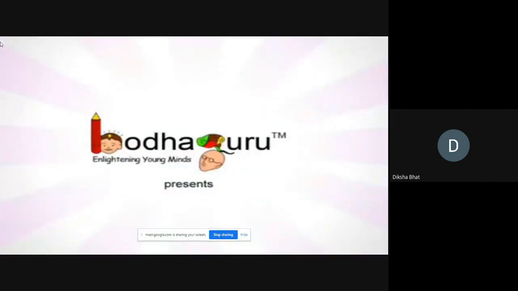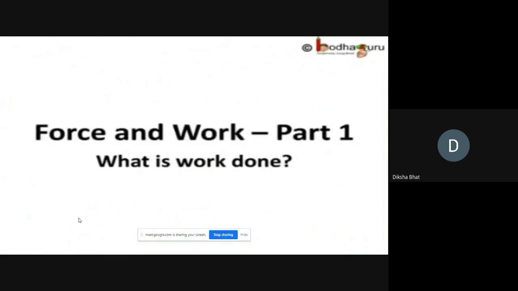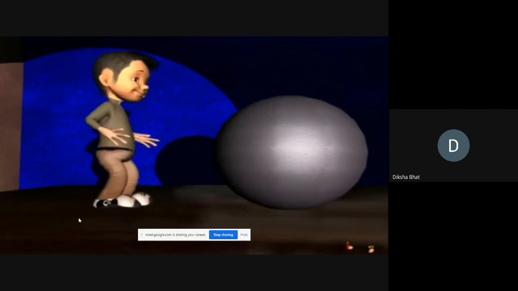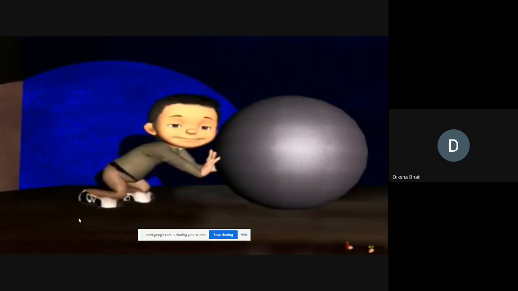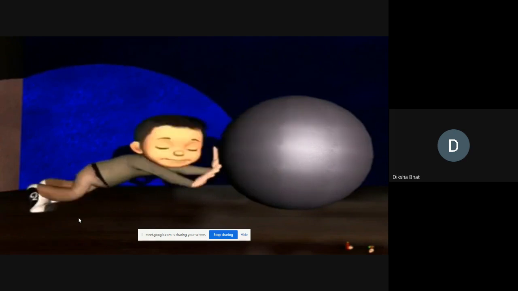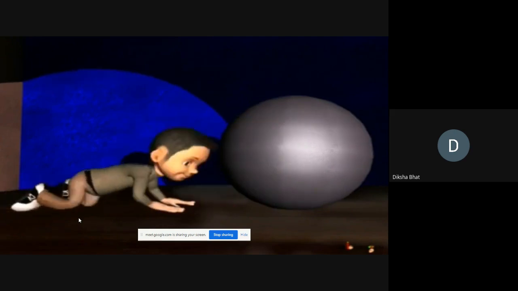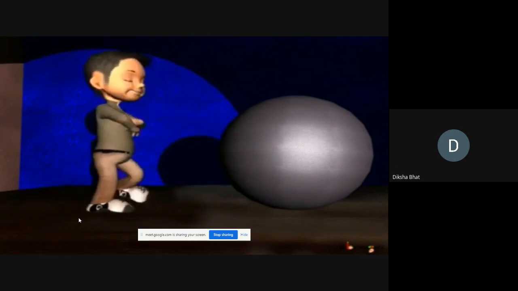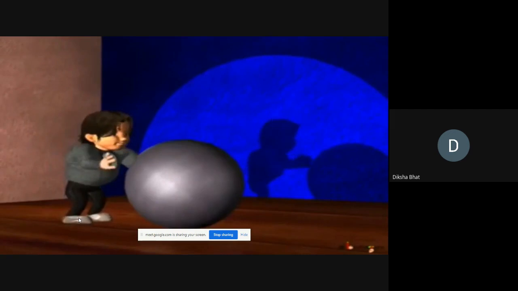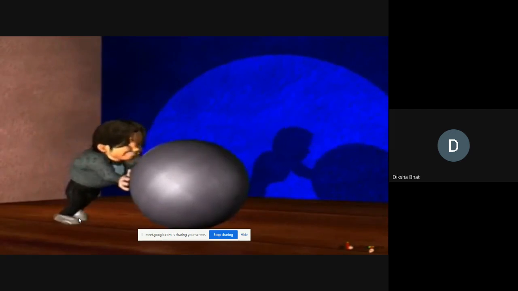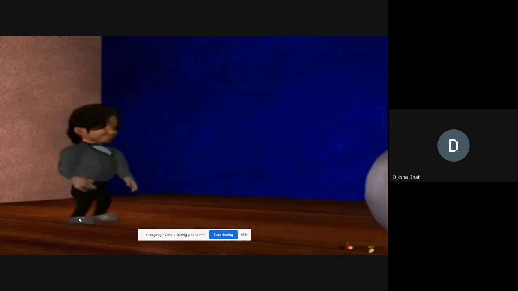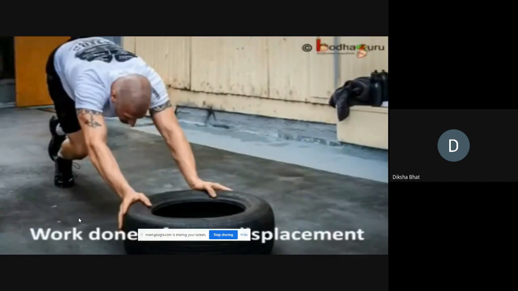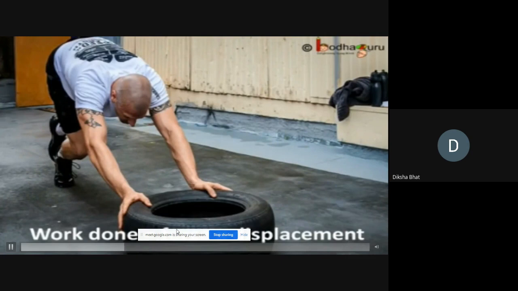Now let us watch the summary video. Hello everyone. Imagine you are trying to push a big iron ball. You're giving your best, but it doesn't even move an inch. So, you applied lots of force, but unfortunately, no work is done. Then, a muscular guy comes and pushes the ball and it moves. So, the force didn't go waste this time. It did some work. And this is because, according to science, work done is equal to